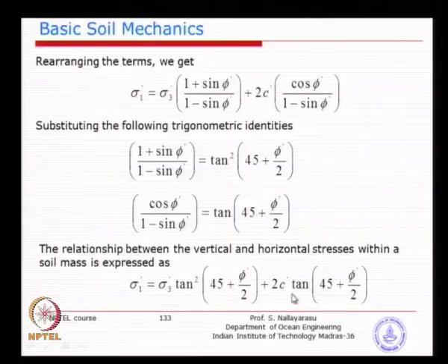So, in here, if you see here C is coming into picture because we have a generalized C-phi soil. If it is a sandy material, this will disappear. If it is a clayey material, then typically you will have a clay type of behavior, or it will become negative. So, this relationship we derived, basically we will be using this in active or passive earth pressure cases,